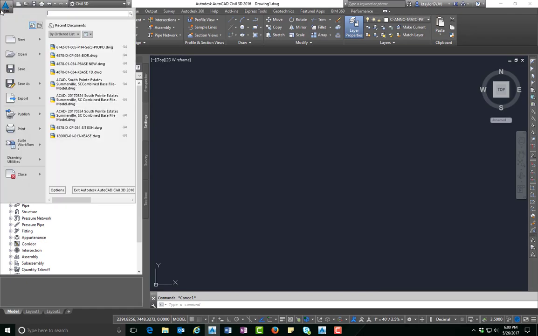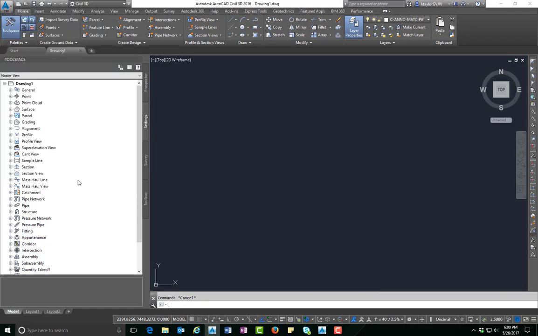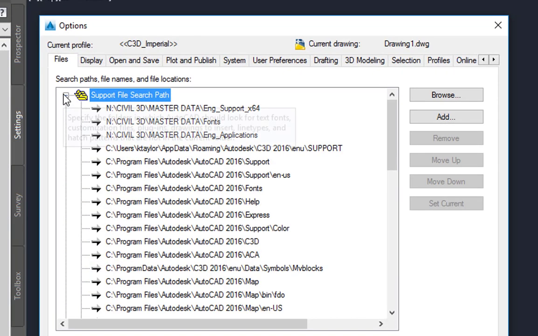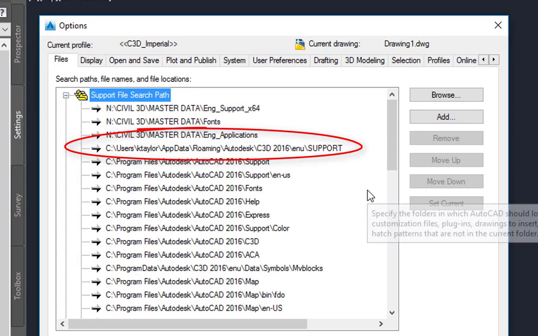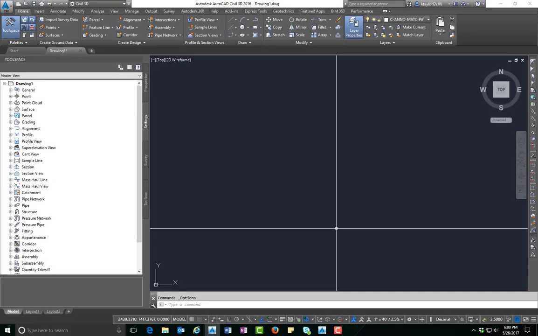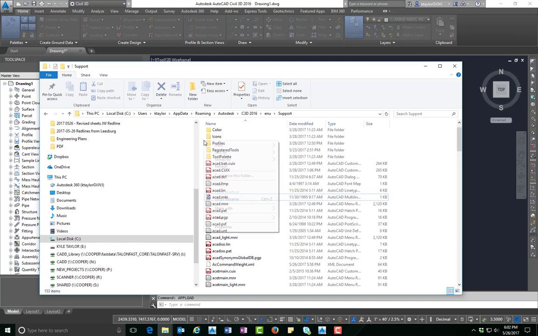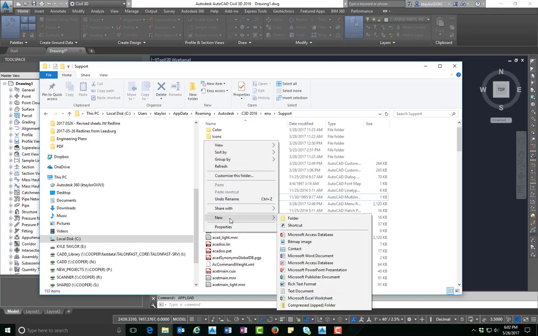I'm going to go over two methods today to get your apps to auto load in Civil 3D. So we're going to go to Options. These are your support file paths, and I'm going to select this one to put my auto load file in. I'm going to go to that directory, go to New,